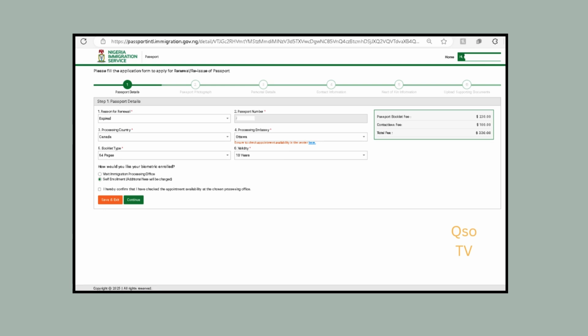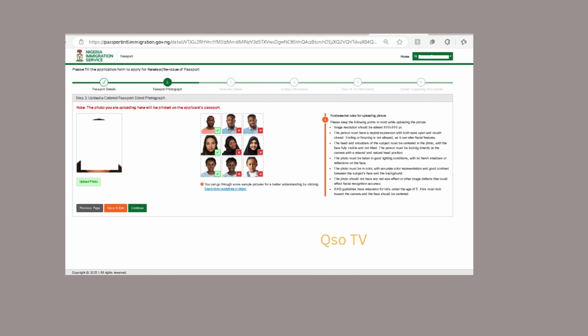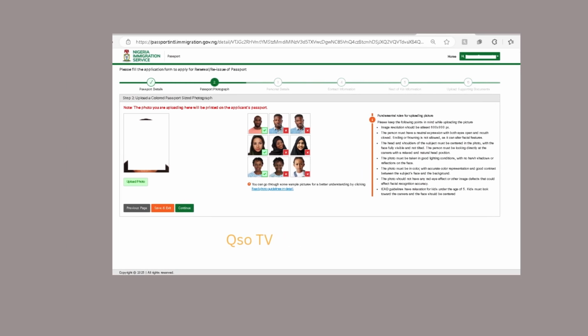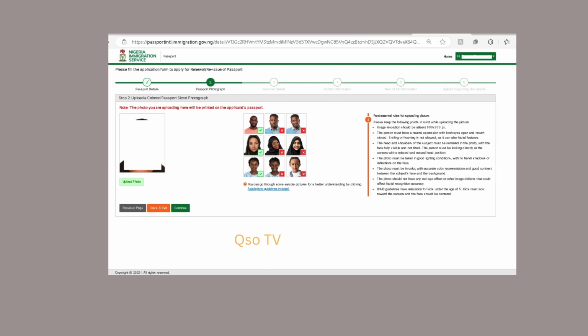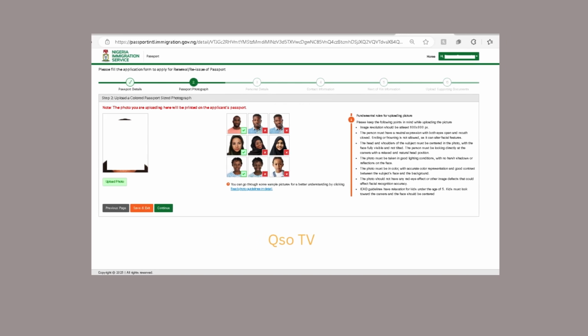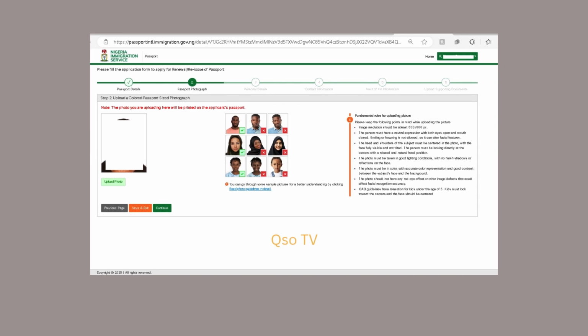There is a contactless fee of $100 charged for either of the validity type. Please choose the self-enrollment option at the bottom and continue. You have to upload a colored passport photograph and continue. Please read about the specification that is required, and you have to make sure you are in compliance with the